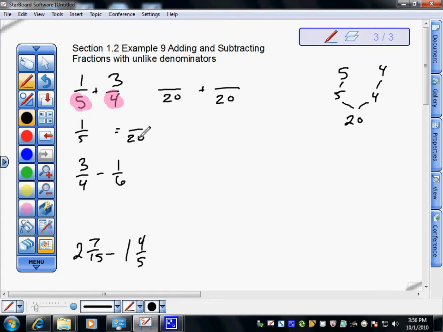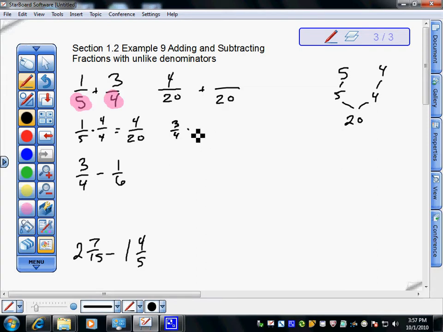I have 1/5 and I want to make it something over 20. Remembering that I can only multiply by 1, I'll multiply the top and the bottom both by 4. 5 times 4 makes 20. 1 times 4 makes 4, and I get 4/20. So 1/5, otherwise known as 4/20, is what I'm actually going to be adding. Similarly, I need to take my 3/4